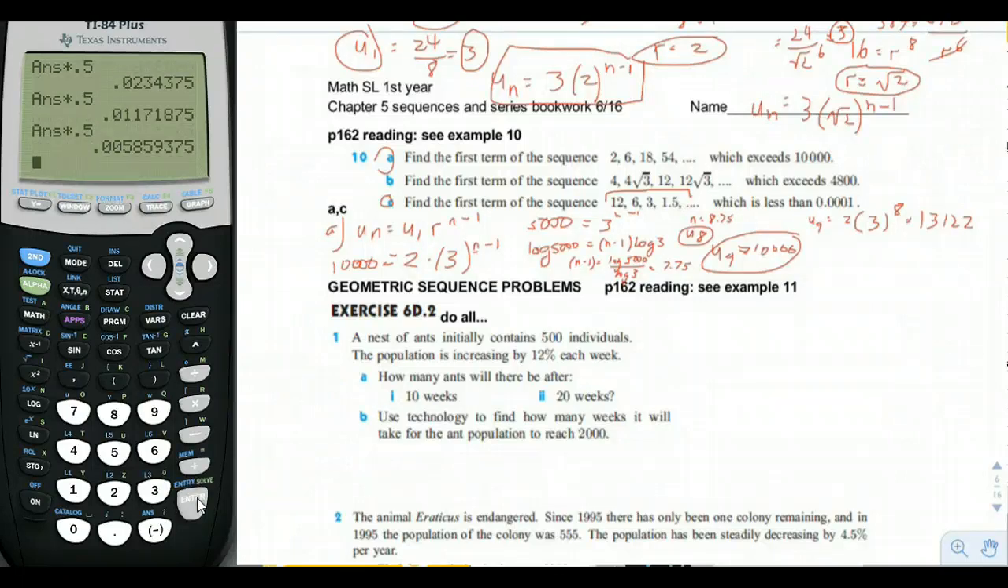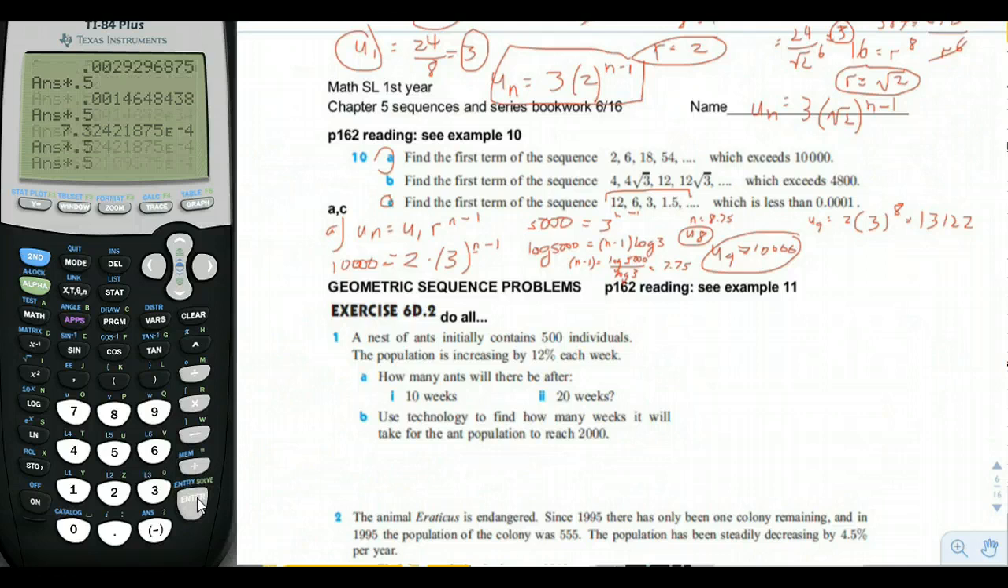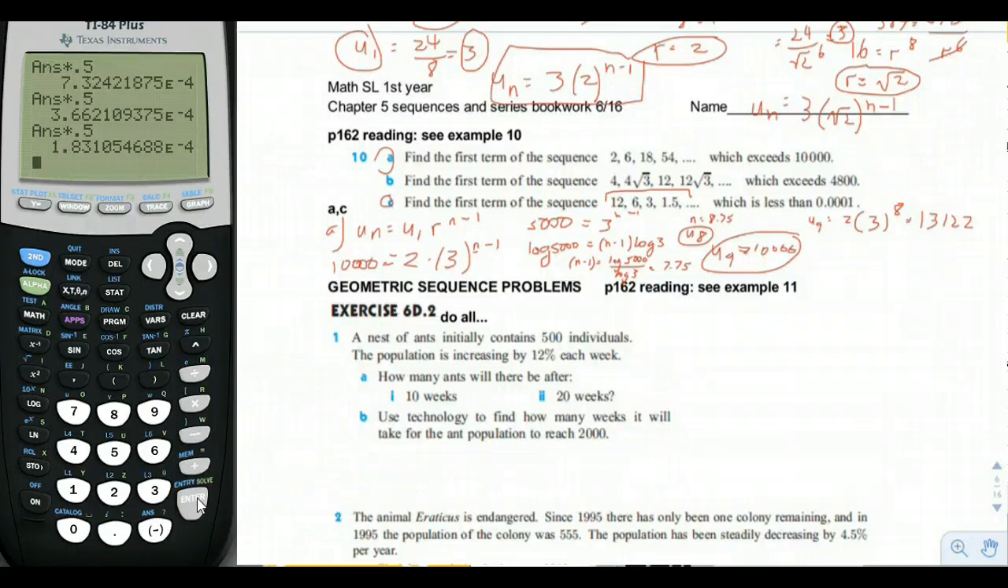13th term, 14th term. So we're getting really close now. Oh no, we need to go even smaller. 15th term, 16th term, 17th term, 18th term. Okay, so on the 18th term,